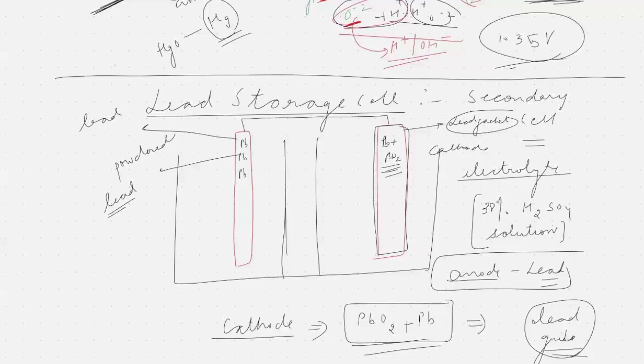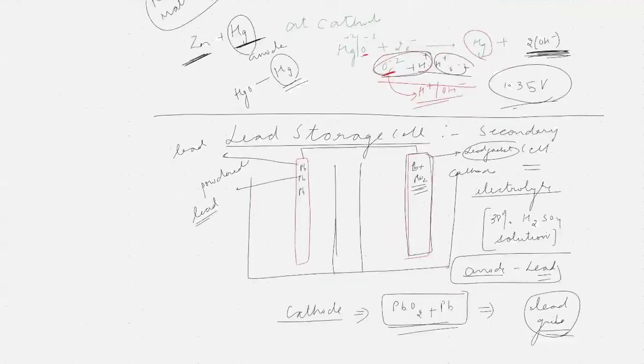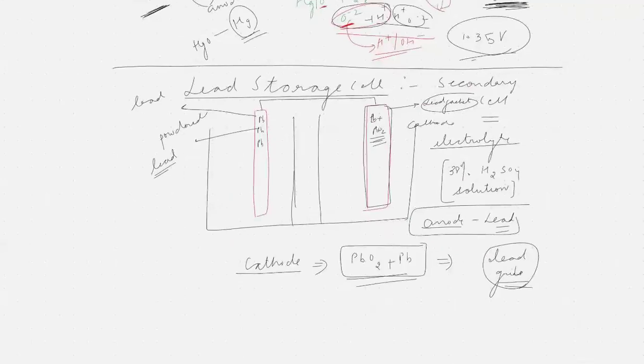Are we understanding this part? Yes, ma'am. Correct. Got it? So this is the idea we had. We had this lead storage thing. Now understand what is happening. So we had this secondary cell, 38% H2SO4 solution. We had this anode thing. Now understand